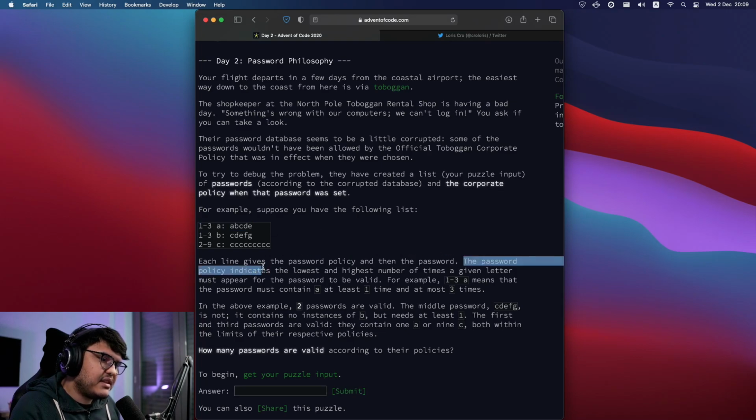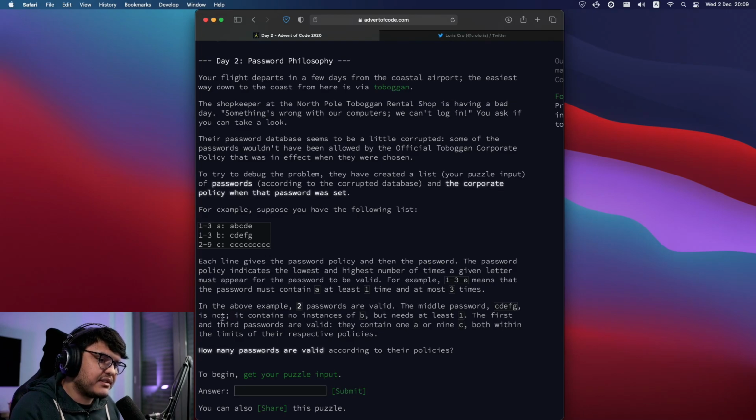The password policy indicates the lowest and highest number of times a given letter must appear for the password to be valid. For example, 1-3 a means that the password must contain a at least one time, up to three. At least one time and at most three times, yeah. In the above example, two passwords are valid.